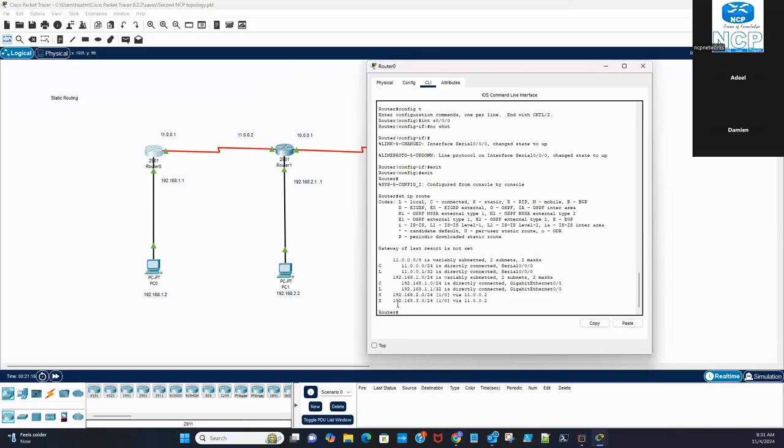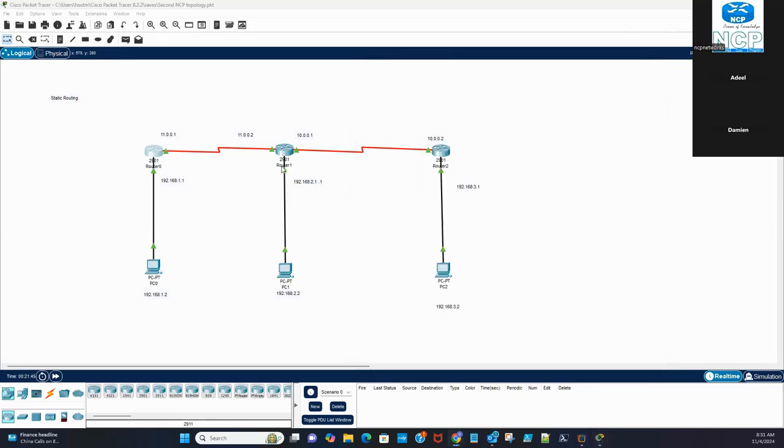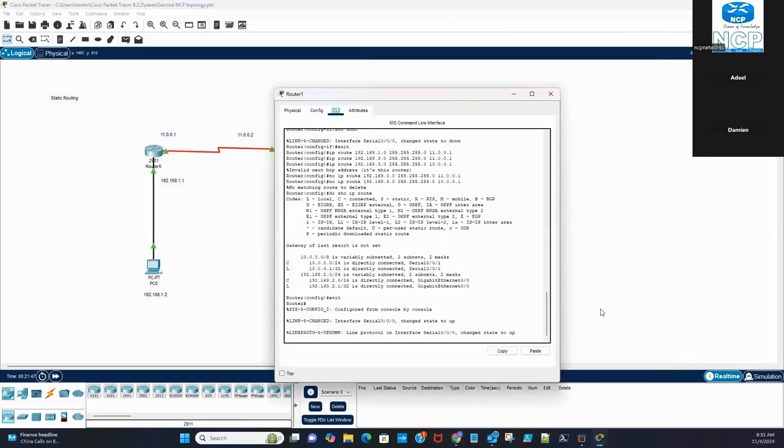So I have a link to 11.2, and that's a static route, 192.168.0 via 11.2. So via 11.2, I can hit the .3 and the .2. All right, and then in the second router,